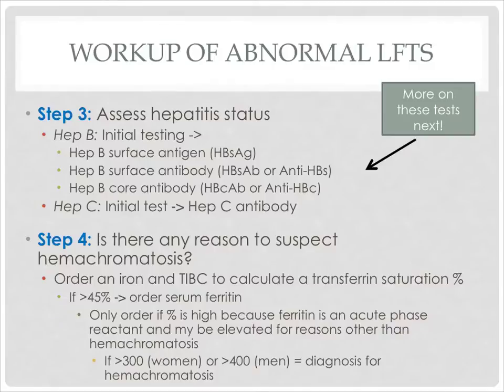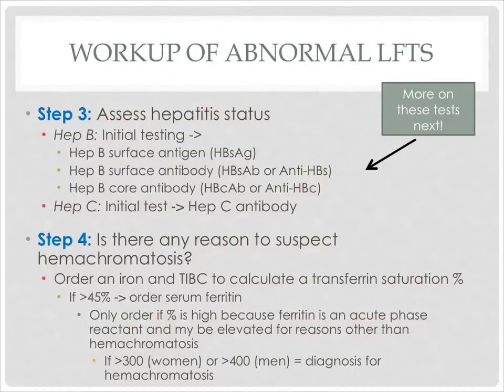Why? Because ferritin is an acute phase reactant, and so that can be elevated in all kinds of situations. Even up here in hepatitis, you could have an elevated ferritin level. So it's not going to be an accurate test for you. So you have to get the elevated transferrin saturation. That's got to be greater than 45. If that's the case, and you get a ferritin, and your ferritin is greater than 300 in a female or greater than 400 in a male, with the transferrin saturation of greater than 45,